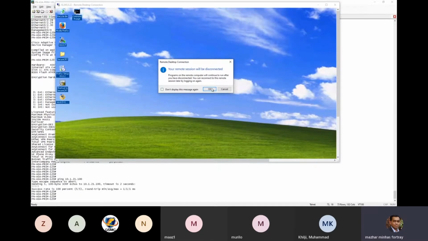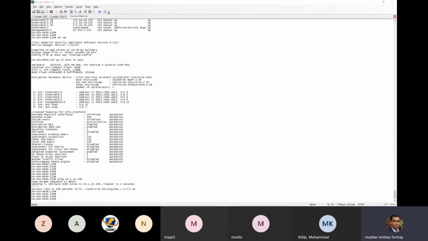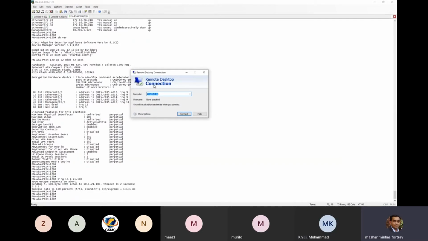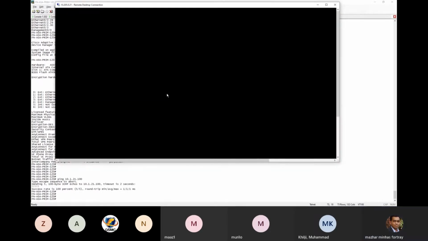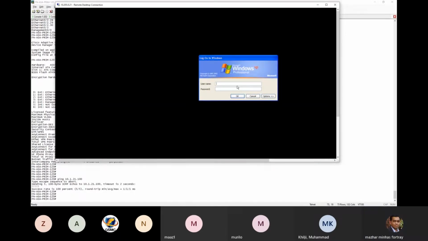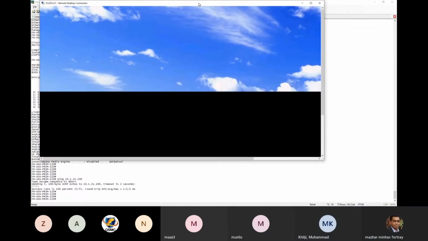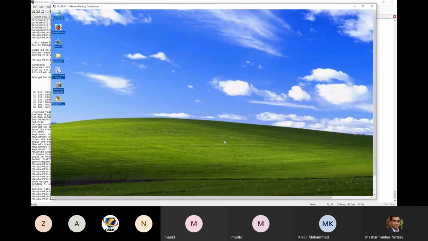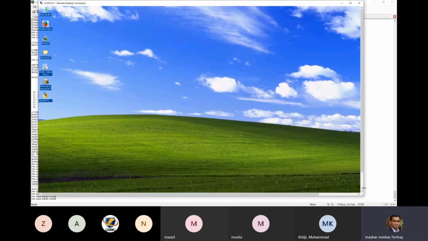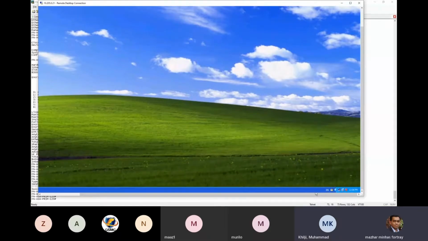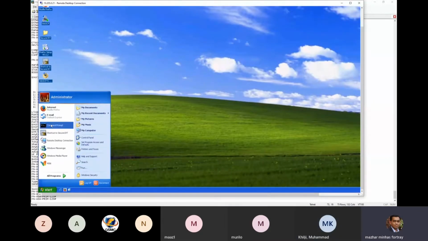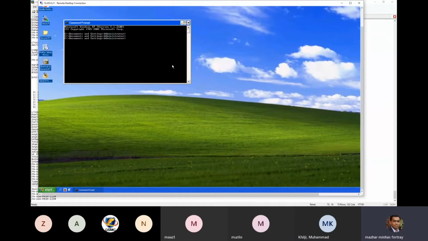How can I reach my desktop machine? Telnet. 21 is my machine. Now on this machine, I can also verify that I can reach the firewall.